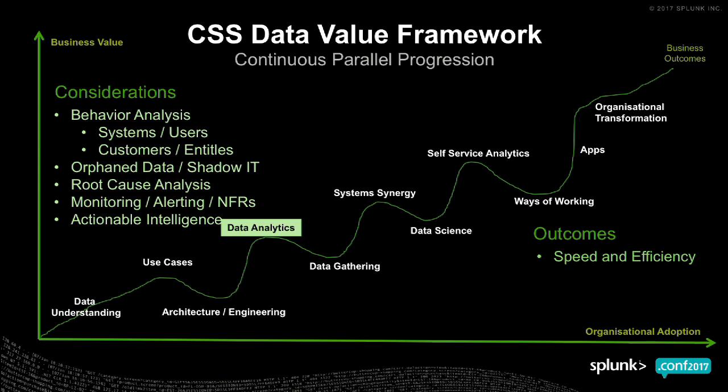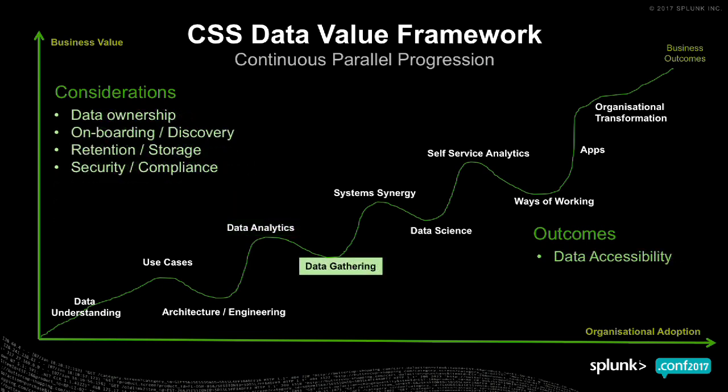But what you want to be looking at here in the data analytics is maybe root cause analysis, your monitoring, your alerting, your actionable intelligence. But just one point there, actionable intelligence is really pointless without action. Yeah? Not a lot of people actually get that all the time. But then to have the action, you might need to have an alignment with a process that doesn't exist. That's in the next stage. But from this breakdown of data analytics, what will come out the other side in terms of outcome is some speed and efficiency. I feel now I'm getting ahead of steam. So I'm getting more and more confidence as I go along. And that's just a presentation.